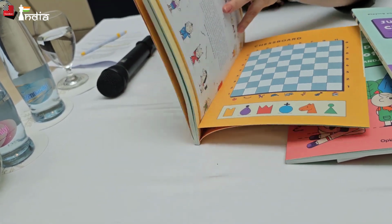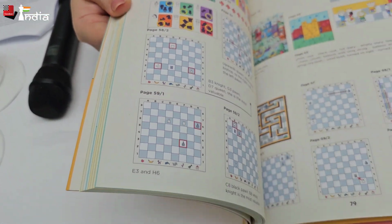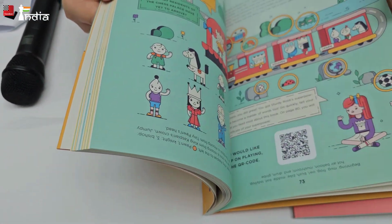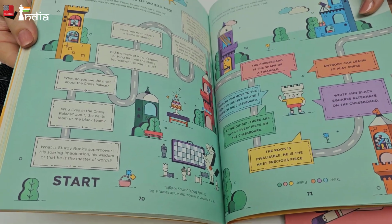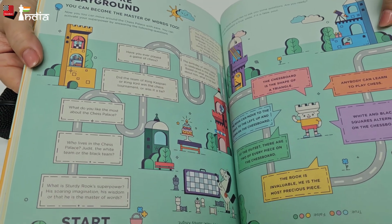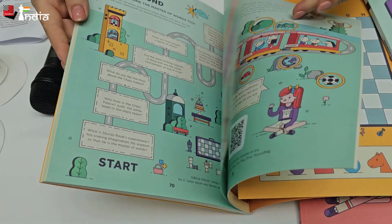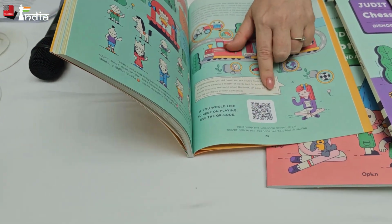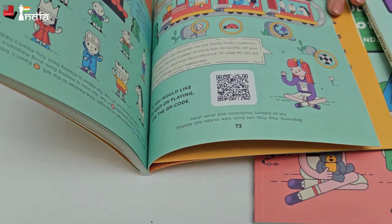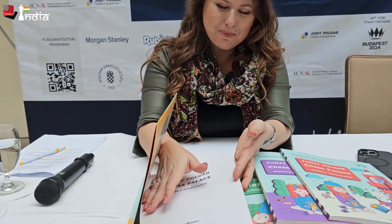And as a final touch, of course they get the certificate at the end. Yes, but we also, here are the solutions just in case if somebody gets wrong. At the end we have this adventure playground where you can test yourself. If you learned everything, you know what we were talking about, so it's a final touch for that. And if you're so happy to continue, then you also have a QR code behind it where you can go on and play games on these 2 areas, 2 parts. So it's a very complex thing, but...